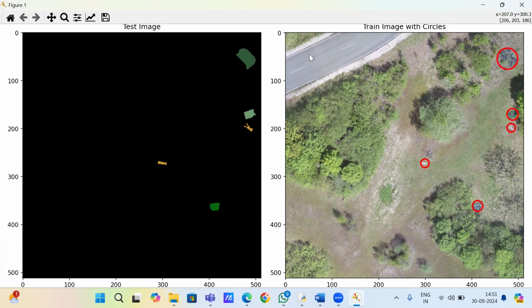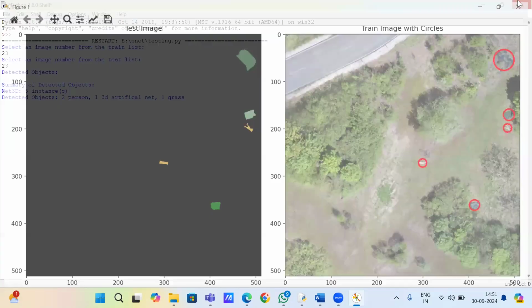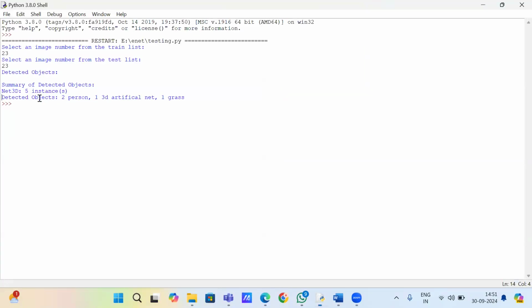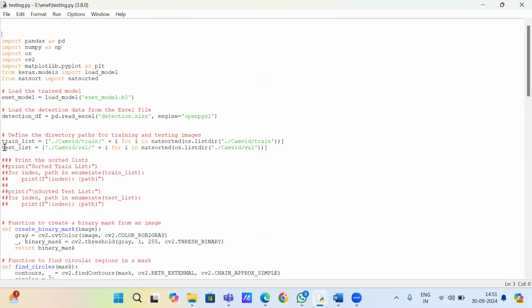By using encoding, I did this. You can see there's a person here and two persons here in the green mat. If I close this, you can see the detected objects: two persons, one 3D artificial net and one grass. I'll run again and show you another one.